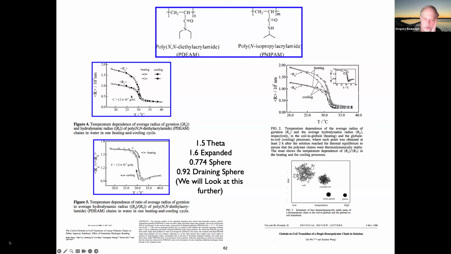What they did was they did dynamic light scattering to get the hydrodynamic radius. They did light scattering to get the radius of gyration. And then if you have structures that are 3D, this number will go to 0.774 for a 3D object. And if it's a Gaussian walk, the ratio of radius of gyration to hydrodynamic radius has different values depending on what structure it is. They have 1.5, that's a theta coil, 1.6 expanded coil, then it transitions over to draining